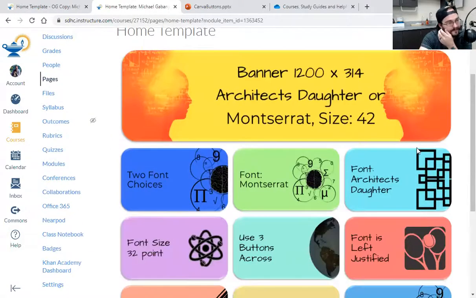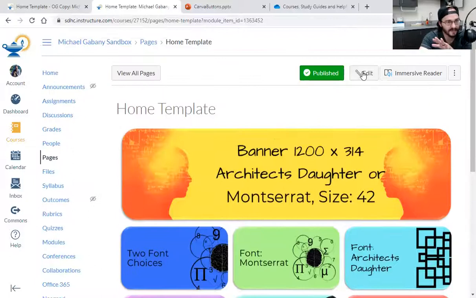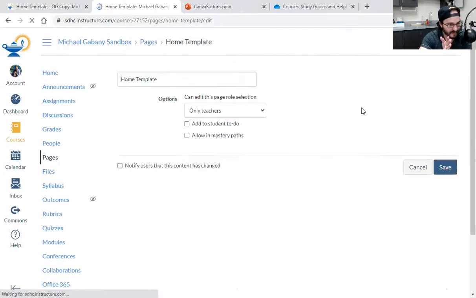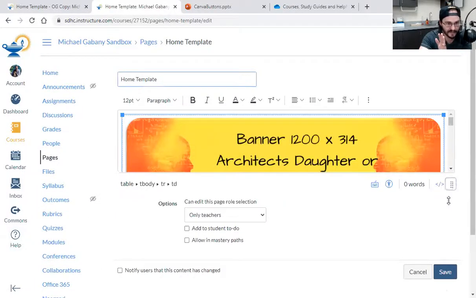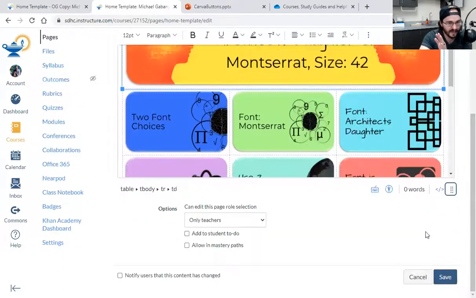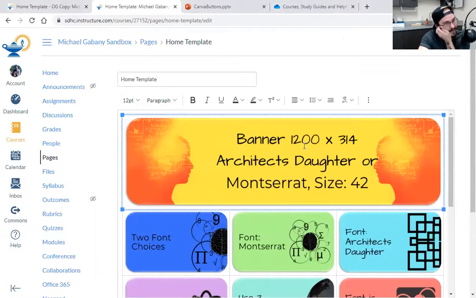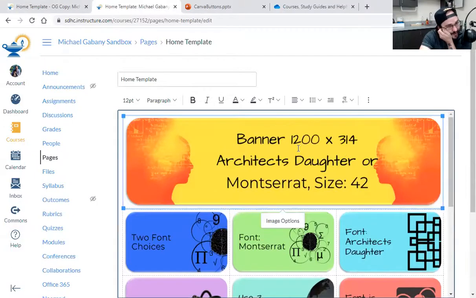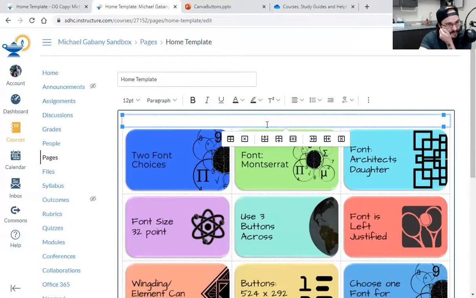Okay, here we go. This is the home template. This is the one that you'll have. Okay, remember to expand it. Now, did I get rid of all my buttons? No, I didn't. Thank God. All right, cool. Okay, you created it. You have a new banner. Cool. Click on it. Delete it. Click delete. All right, cool.